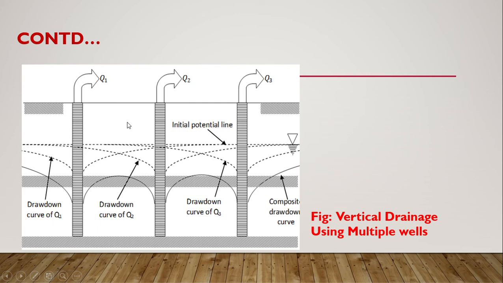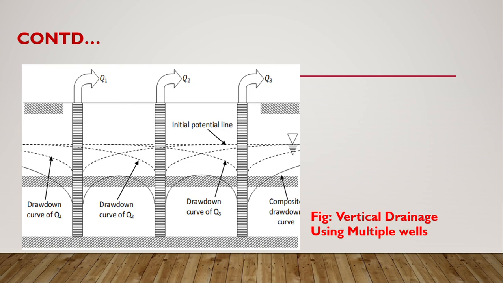Here you can see that the cones of depression will coincide. This is the cone of depression when water is pumped. This is a single well. You can assume that we are pumping water from this well. Water enters through this and it will reach here. While water enters this plane, a loss of pressure occurs. So this will be the water table surrounding this well. This forms a cone shape, which is known as the cone of depression. The cone of depression of this well will coincide with this well in the case of this multiple well system or vertical drainage system.